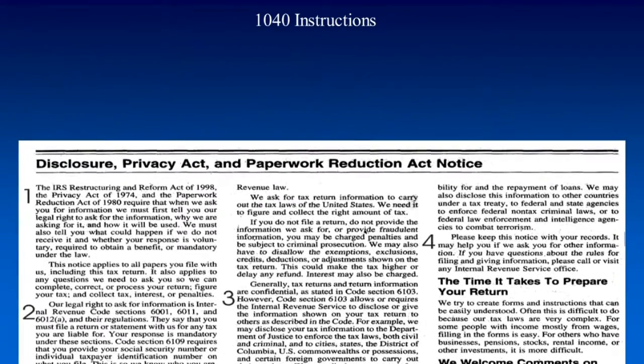First, I want to look at the title here. Disclosure, Privacy Act and Paperwork Reduction Act Notice. How boring is that? Even if you came across this page while looking through the book, you would just go to the next page. So the name always confused me, but I finally think I figured it out. If more people stopped on this page and read it, a lot of people would then stop filing returns, there would be a big paperwork reduction.